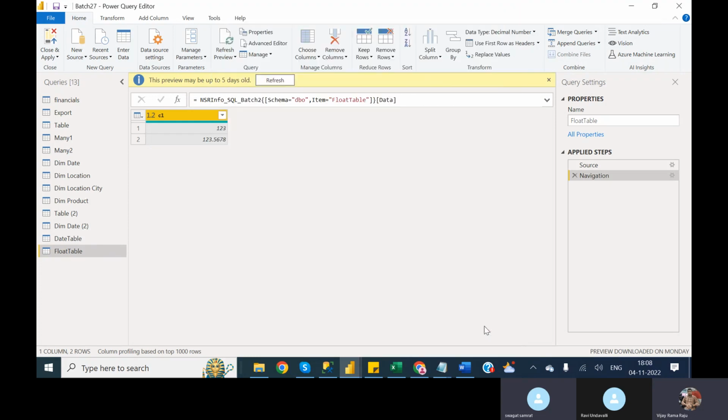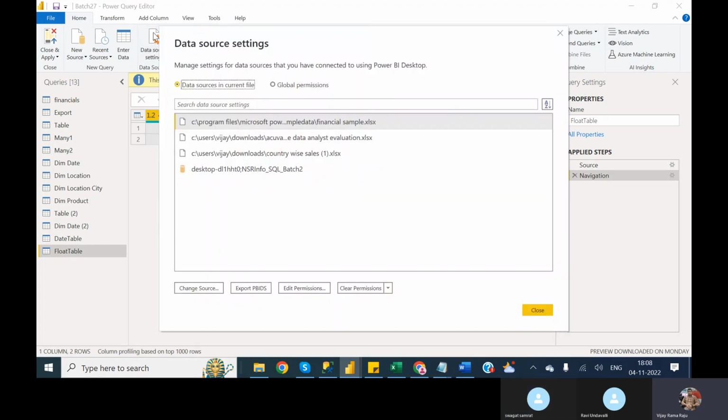Whichever data source you want, connect it and load the data into Power BI like this. So nice. See, that means in the data source settings, whatever data sources we are connecting, those related paths are available here itself. So that means, suppose for example,